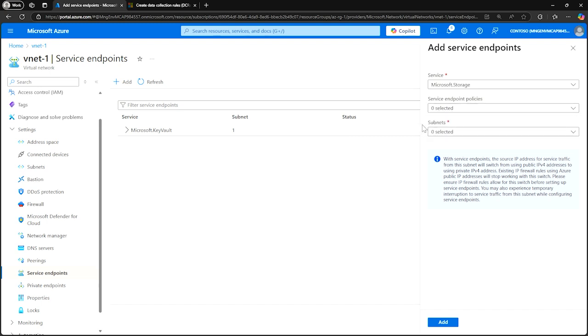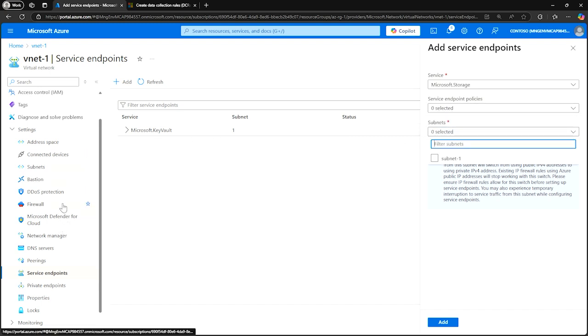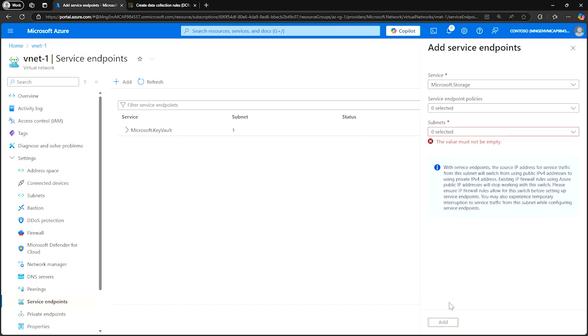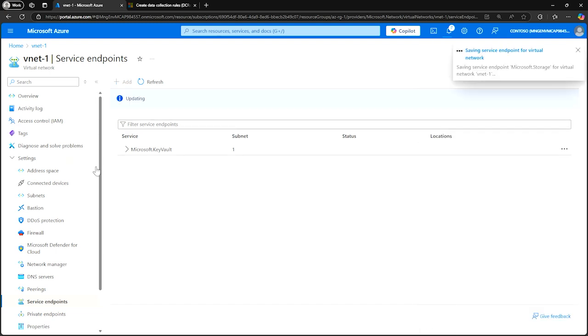I can have policies that come along with this. I can tie it down to, because you remember, this is done at the VNet level, and you might have multiple subnets. So maybe I only want a subnet in the VNet to have this. So this can be limited to a specific subnet within the VNet, but by saying add, it's going to go through and add